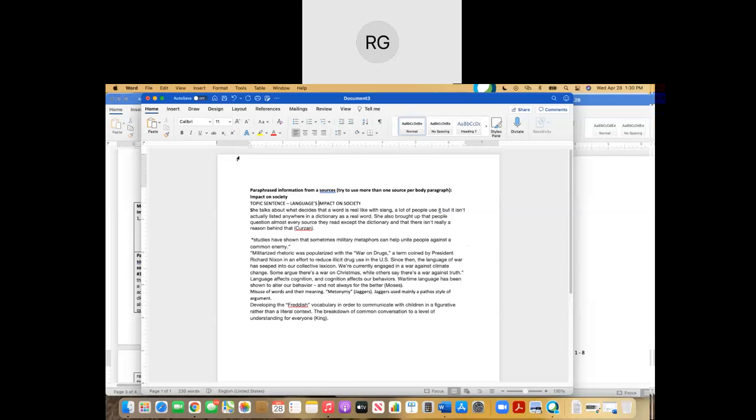So that's the topic of this paragraph. That's the point we want to discuss in this paragraph. And so we would have our topic sentence, and then we would maybe lead into